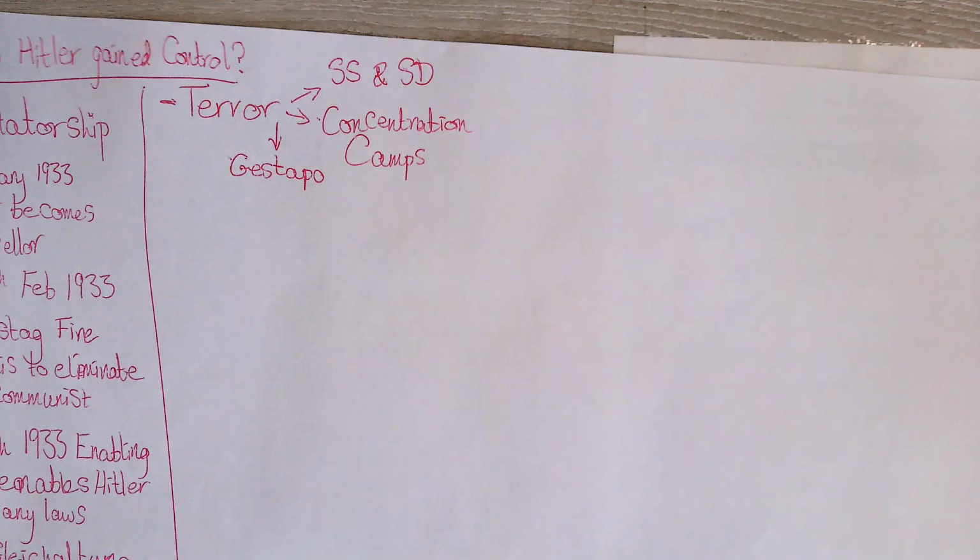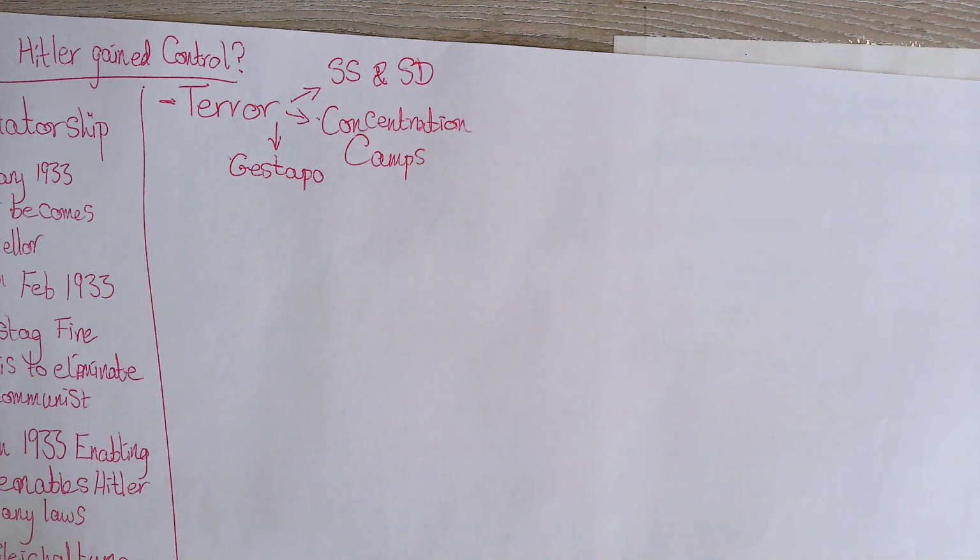They start to say, oh, Julie down the road, I've seen her talking to a Jewish person. She must be in favour of the Jews. My local Gestapo officer, my block leader, you should go and talk to her and tell her off. And then they end up getting whisked away to these concentration camps that people also don't know anything about. People start disappearing. They don't really know where they're going. They don't know what the concentration camps are like. All that they know is the people who come back are starved, emaciated, half worked to death. Clearly, these concentration camps are not a nice place, and there's some terrible things going on.